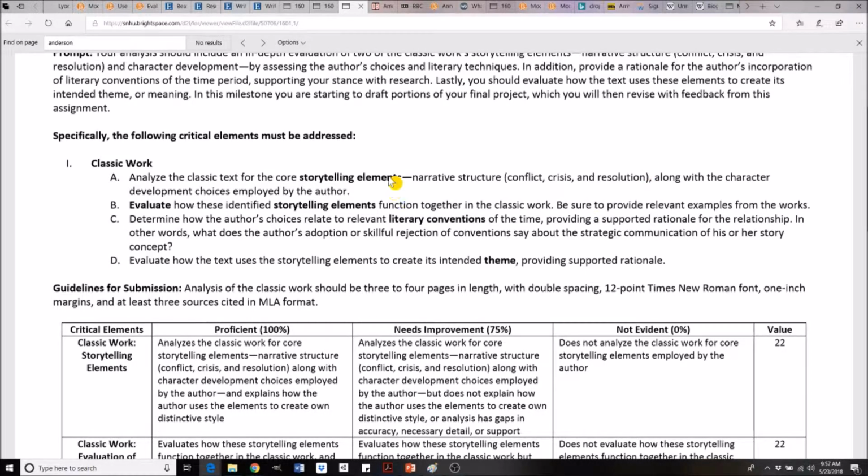Some questions you might have with this narrative structure, if you have a nonfiction work, for example, or poetry, though I don't think anybody chose an epic poem, though I can't remember off the top of my head. The structure might not be as explicit as in our example stories we read, where there's a clear conflict, oftentimes a clear physical conflict, in crisis and resolution. Sometimes it's implied or behind the scenes.